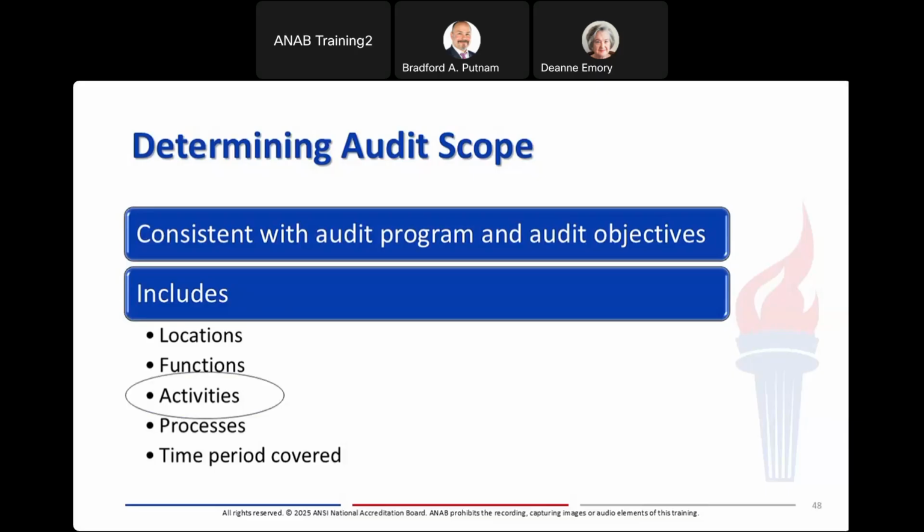But before we move on, I want to talk about scheduling and activities. Direct observation or witnessing is not a new requirement of AR 3125, but it might be relatively new to your own audit program. Be aware that it is a requirement, and during assessments, the assessor will look at your audit records. Be sure that in addition to all of the clauses 4 through 8 of ISO 17025 and AR 3125 being audited annually, that you accomplish the witnessing activities that you are scheduled for, and that you do schedule and